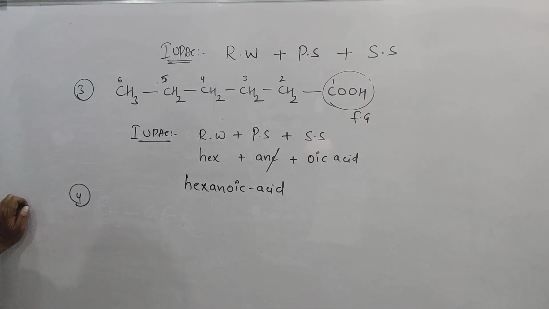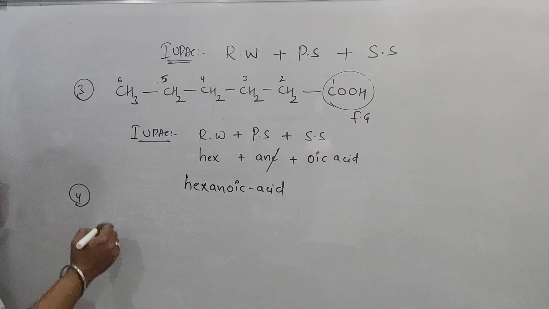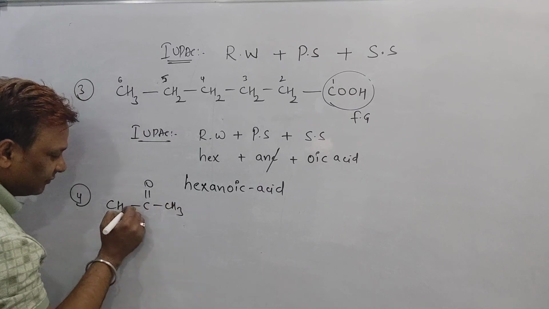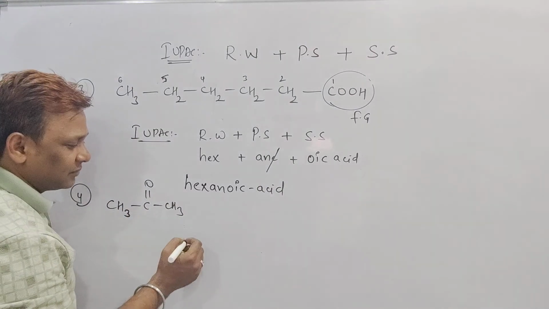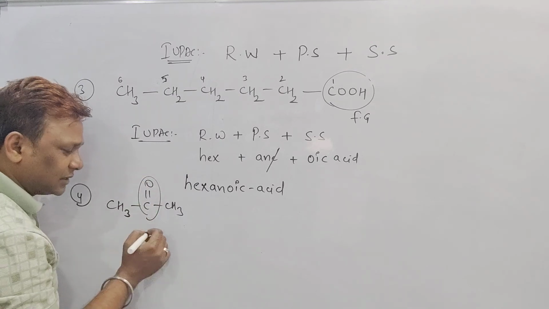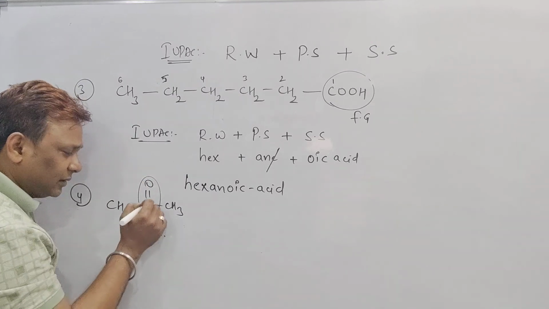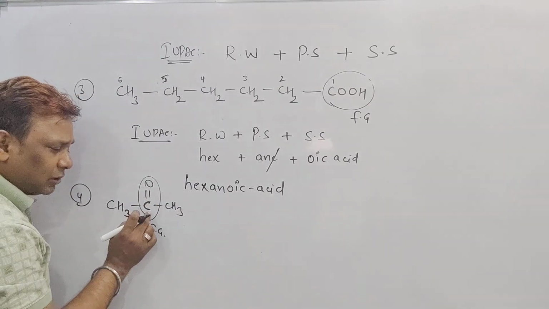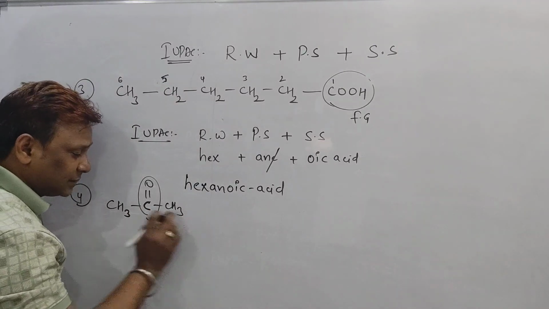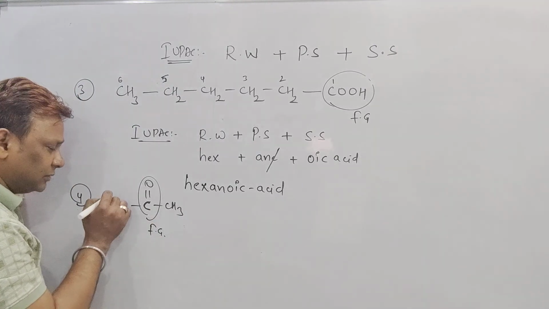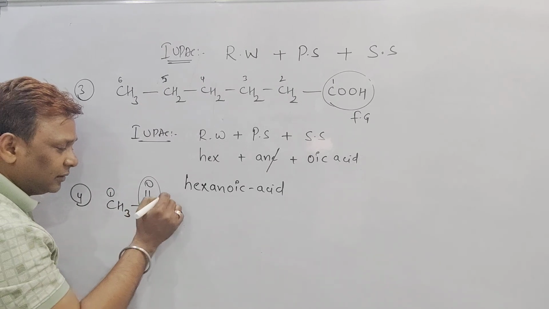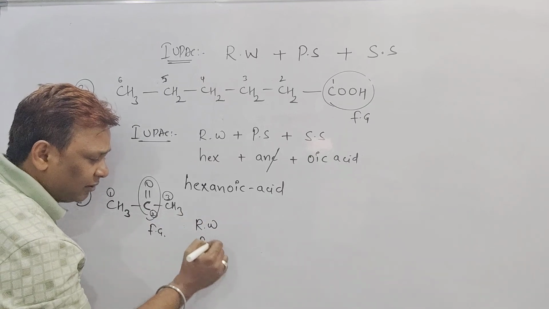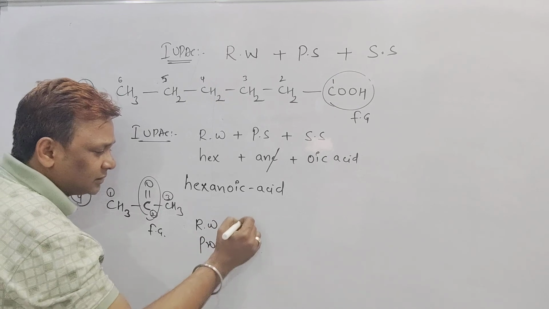But one more example I want to give you. After this hexanoic acid, can we go with one example called a ketone? See here, this is CH3, then C double bond O, CH3. First of all, I want to go with the IUPAC name of this compound. This is my functional group, called a ketone. If I give this functional group carbon as 1 and 2, it is not possible because I should consider the longest possible chain of carbon. So I should give this carbon as 1, this carbon as 2, and this carbon as 3. In this example, my root word is 3 carbon atoms, and for 3 carbon atoms we write PROP plus primary suffix.